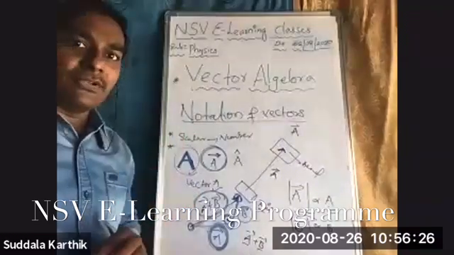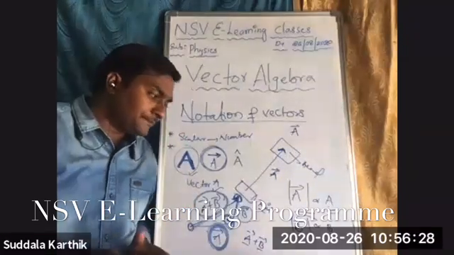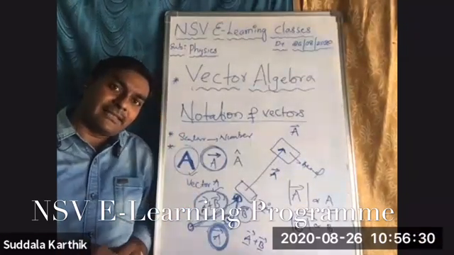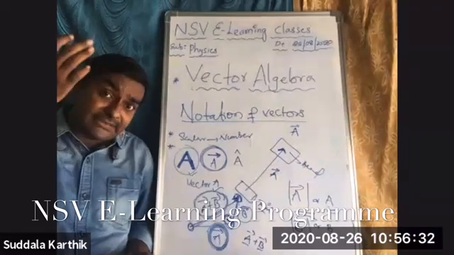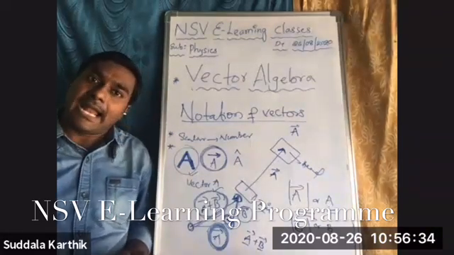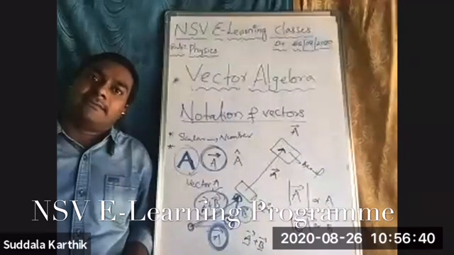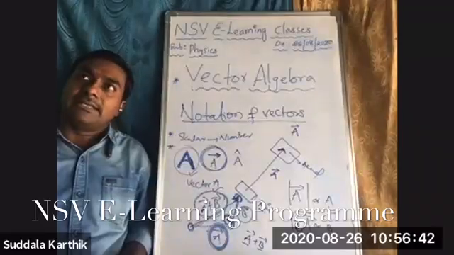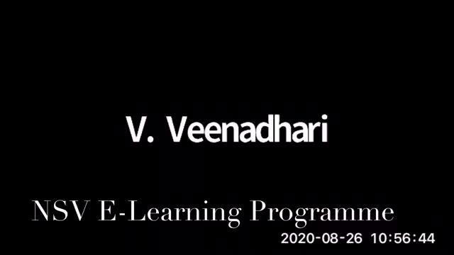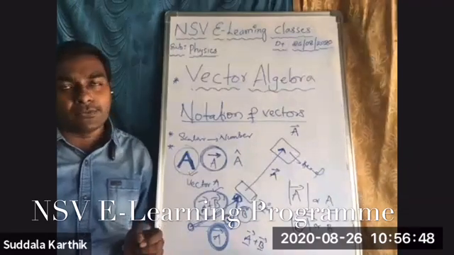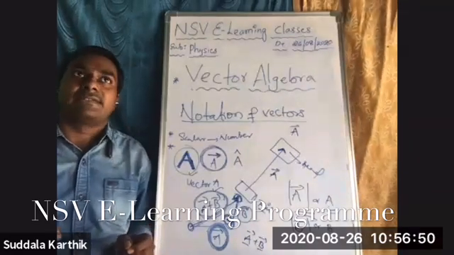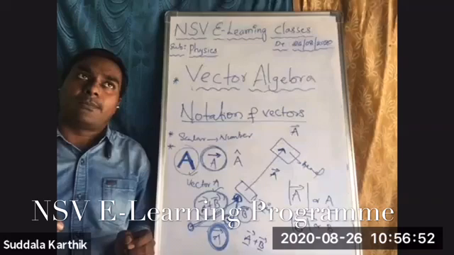The best example for 1D motion, can anyone say? I told you, the best example is one ant, right? Very good. I gave it in the notes also. An ant is traveling through a thread which was tied between opposite walls of the room. Right? To opposite walls of the room.